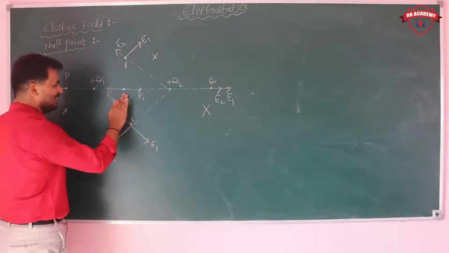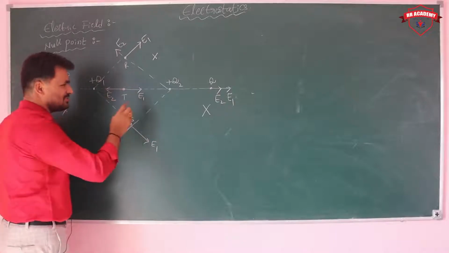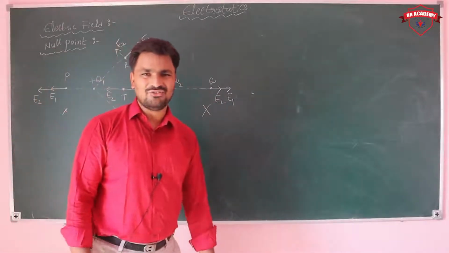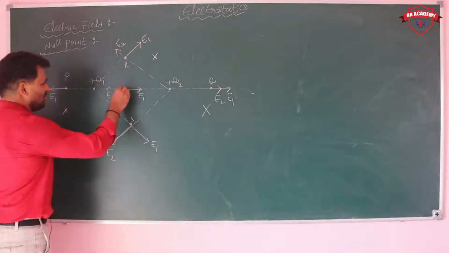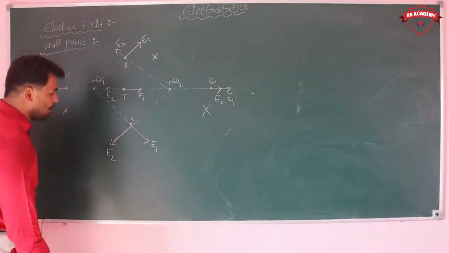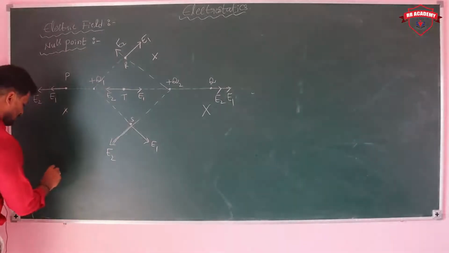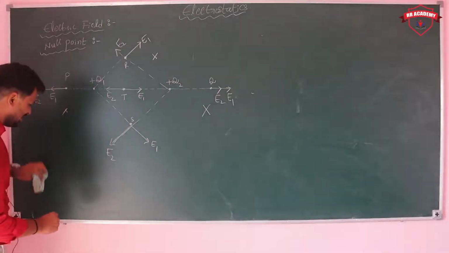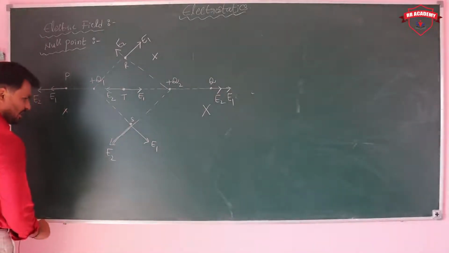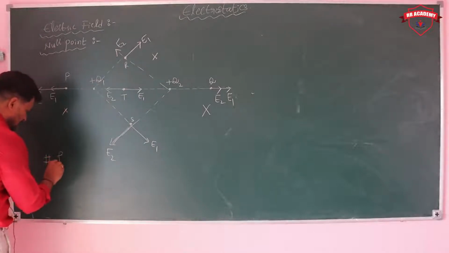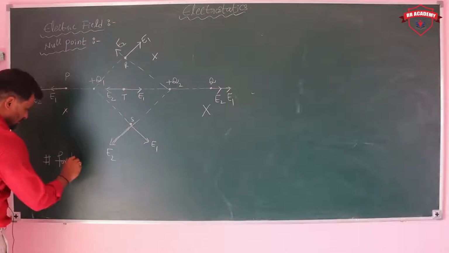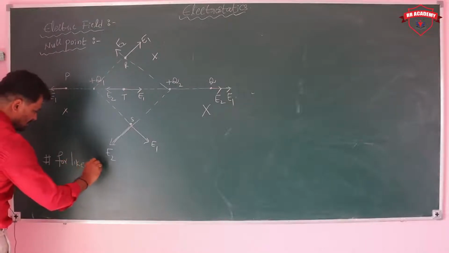At what point does the field become zero? For like charges, the field becomes zero between the charges, on the line joining them. Can you write the statement? Yes, for like charges,